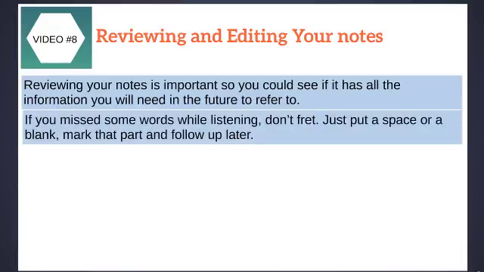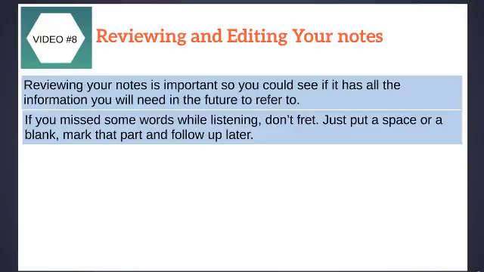So if you miss some words while listening, don't fret. What you want to do is just put a space or a blank and mark that part and follow up later. You can easily do this when you're using online technology or mobile apps and things like that. Now, if you are writing down things on pieces of paper, just keep in mind that when you write notes,